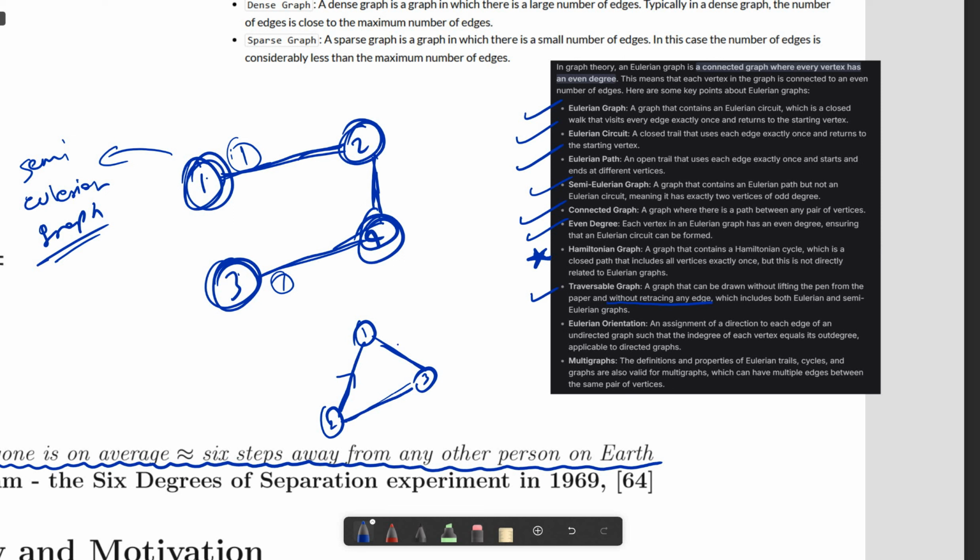So if I just do it like this, we can see that in-degree is equal to out-degree. Similarly here, this is for each vertex. So this is an Eulerian orientation. Okay,